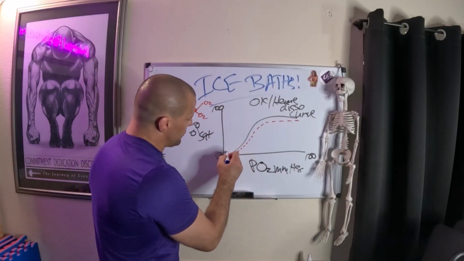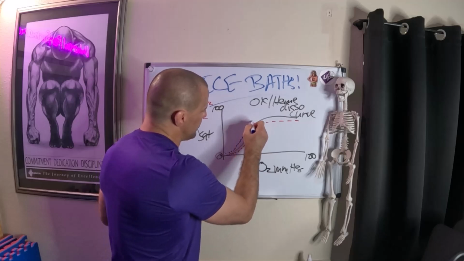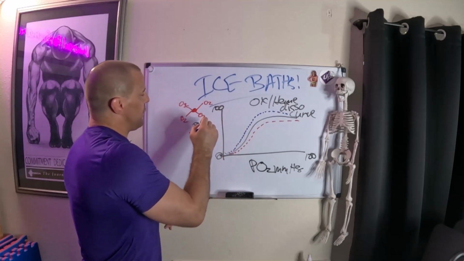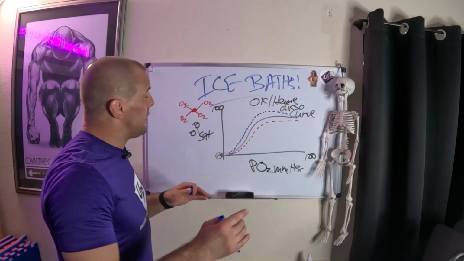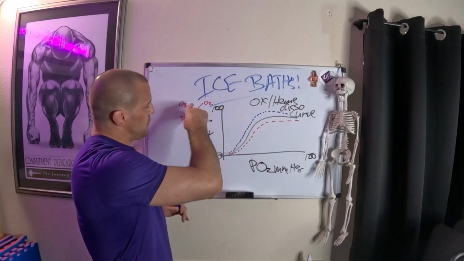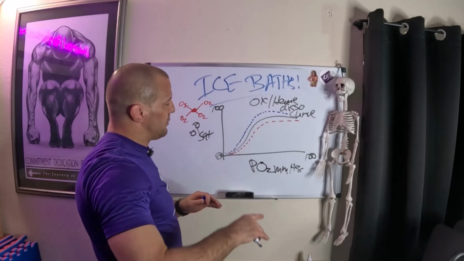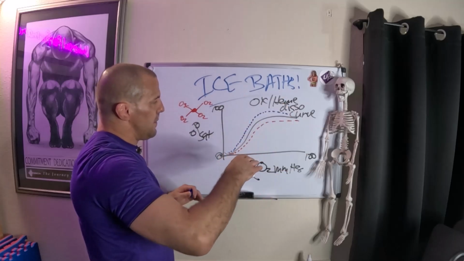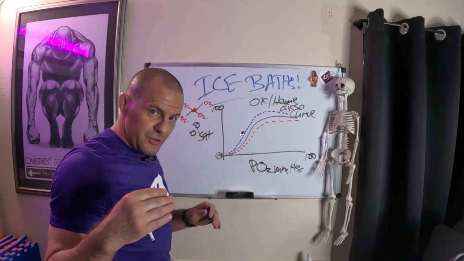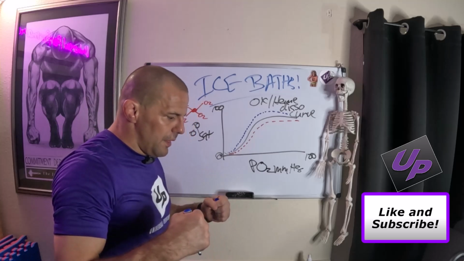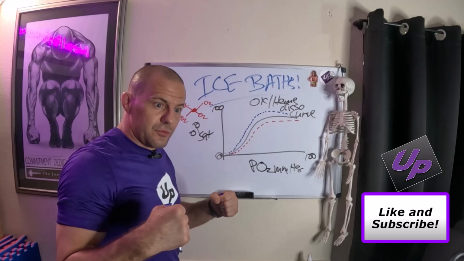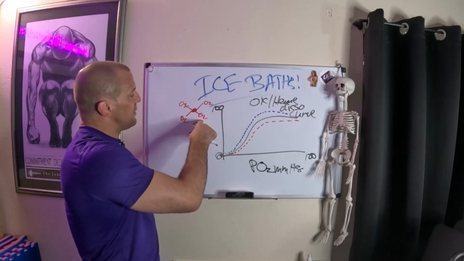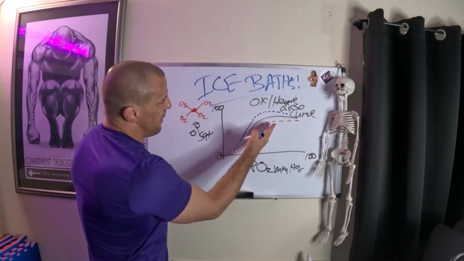In this portion, if we shift this curve left, then as you can see, we have a higher percent saturation of those red blood cells. So let's say in theory, if we have worked out and those red blood cells are carrying those oxygen molecules like crazy to the respiring tissues, and they're unloading that oxygen, the moment that we expose those tissues to extremely cold temperatures, the need for oxygen drops drastically, there won't be a need for the oxygen to be unloaded so much, and it brings our body back to